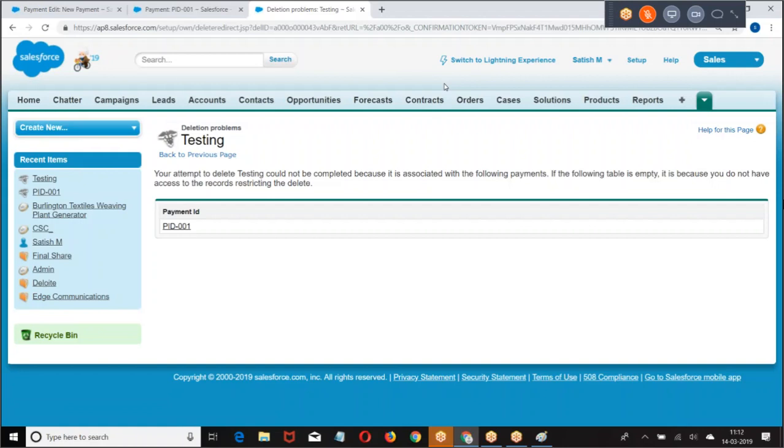Right. Now, what is my requirement? Whenever we are trying to delete a record, first delete the child records, if any, then delete me. If you are making an attempt to delete me, first check, are there any child records for me? If there are, delete those child records first, then delete me. Are you getting my point? Okay.